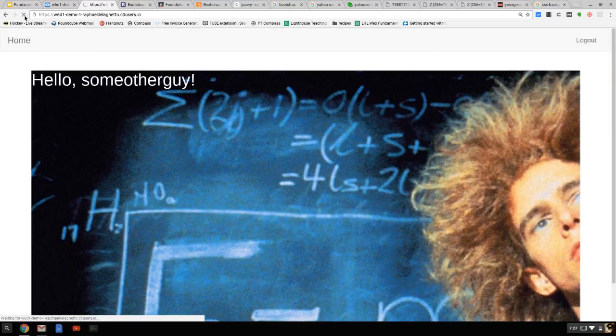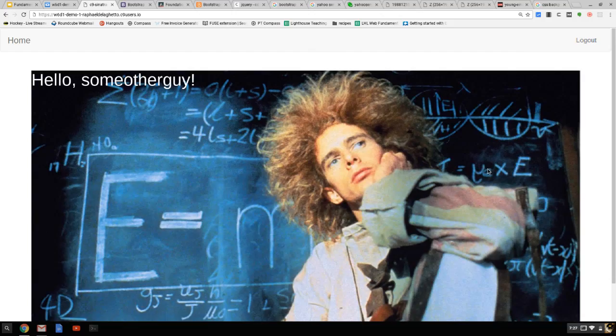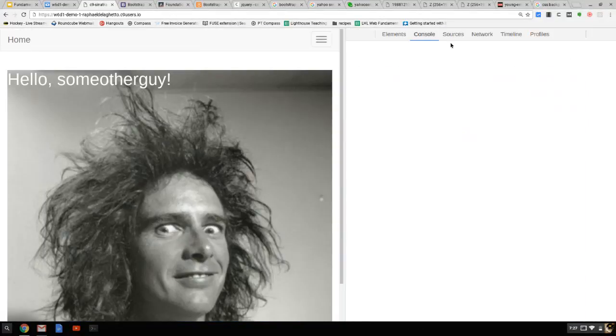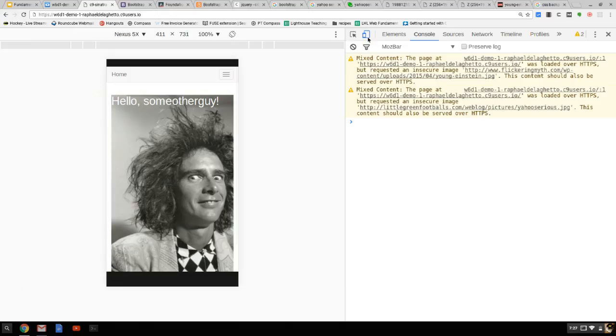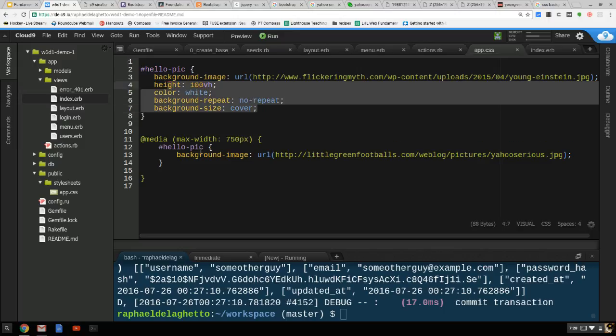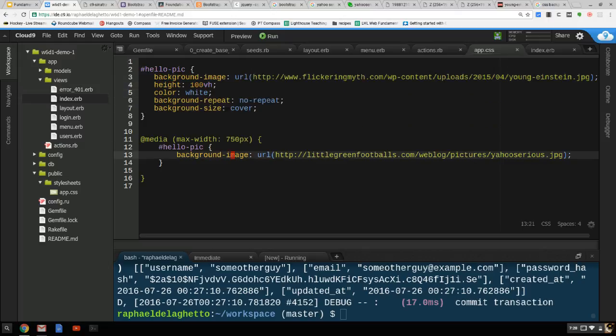I think this one should be slightly more constrained if I don't get logged out. Oh, there it is. So now we can see the whole thing. When I go down to cell phone size, there we go. Looks a little bit nicer, right? And you can overwrite all of these things. Clearly this is inheriting these properties. I didn't have to type this stuff again. All I changed was the background image. Anything I don't touch